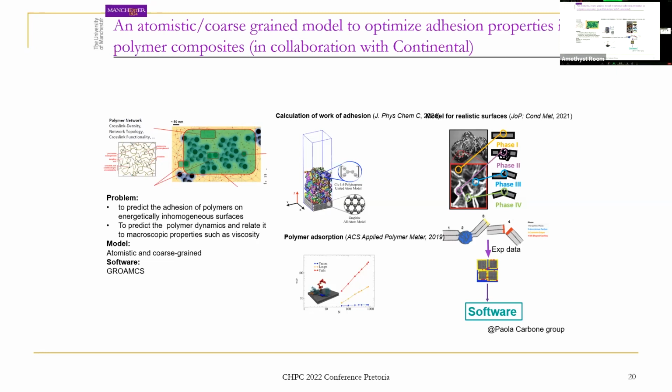them to create ideal surfaces that represent statistically the experimental sample they have, and calculate how much the adhesion forces are between the polymer and that surface. This gives them an indication of how likely the filler is to be dispersed, because that will depend on whether the filler prefers to interact with the polymer or interact with itself.